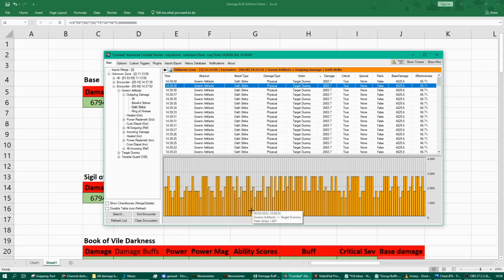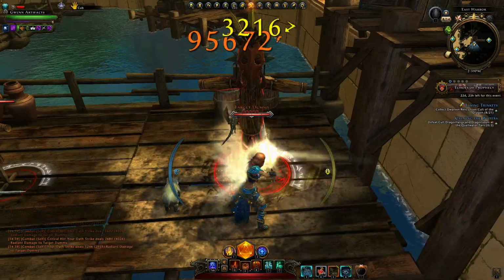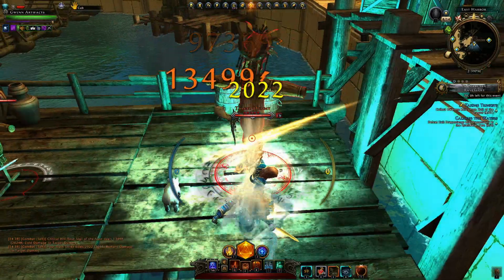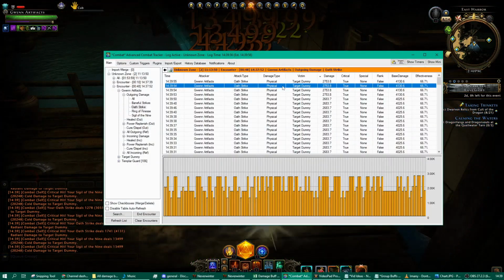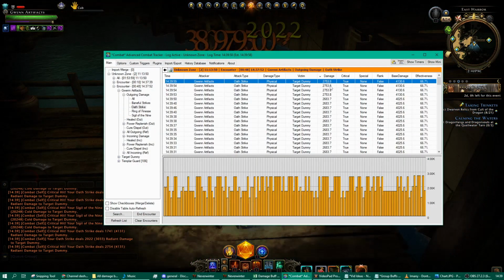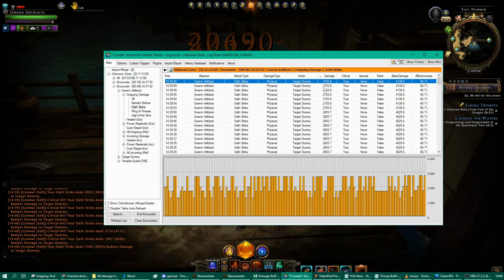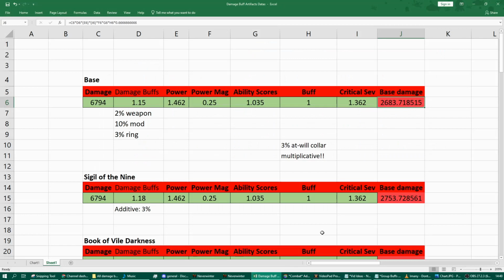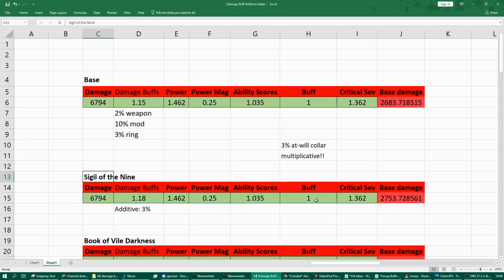combat tracker. So then to test out the artifact, we simply go back and we cast our artifact and we continue hitting. And while we hit, we should then see an increase in regards to our damage output. You can see now we're looking at 2,753.8. So we go back to our damage buff, we copy this down here, Sigil of the Nine, and we